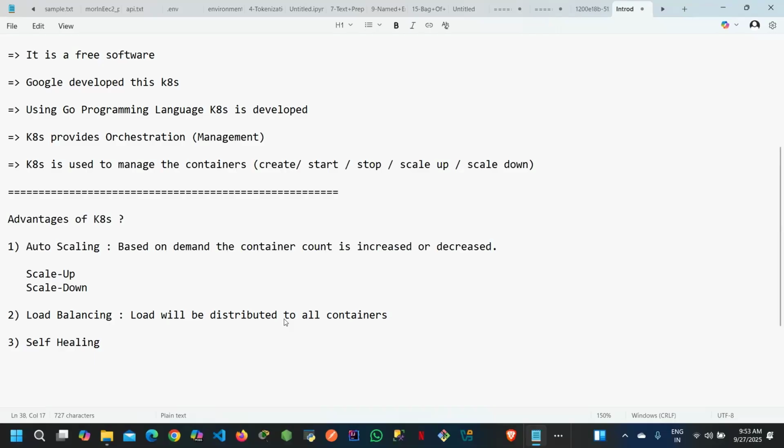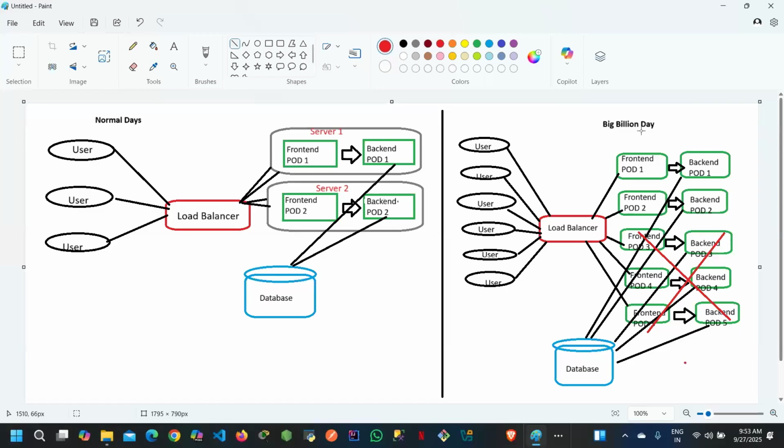capacity. Then what is the self-healing, guys? Let's consider here we have the Big Billion Days. We have 5 pods going up by the auto scaling because we have a number of requests coming from the users, right? And let's suppose suddenly one pod is going to go down, guys. We have some server issue, and this pod is going to go down, okay? But we require the 5 pods because of the number of requests, but suddenly this pod is going to crash